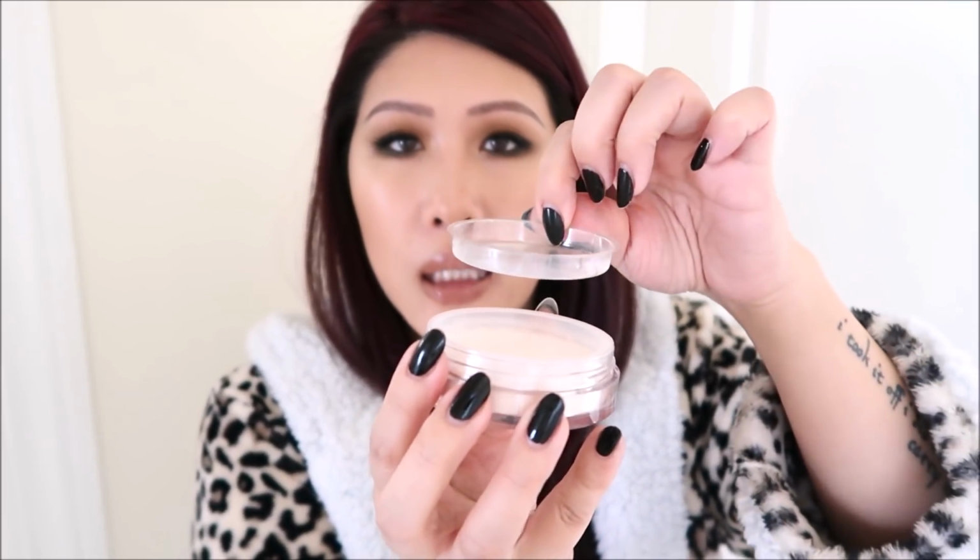Okay, next, I'm on a Shiseido kick. I actually picked up the gel concealer stick that's on the Macy's website. I don't think it's on the Sephora site, but I picked up this Radiant powder. It's a loose powder, and I really like the packaging. I'm debating whether to keep this or not. So there's a puff, which is a really nice, luxurious puff. And then it has a lid, but it's like,